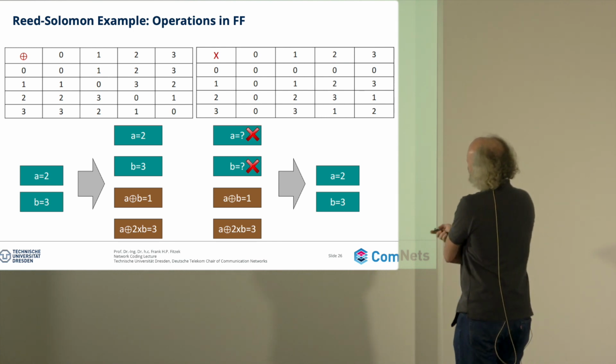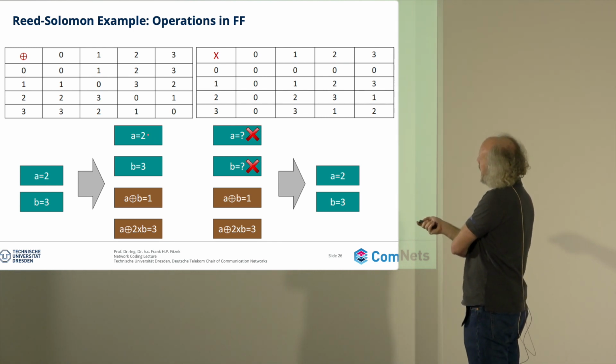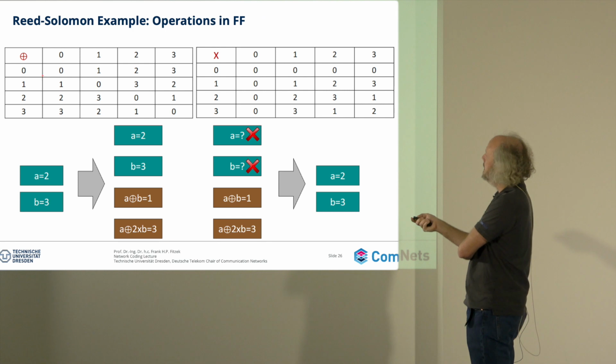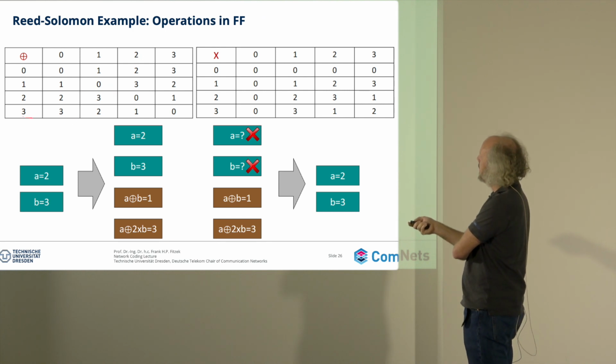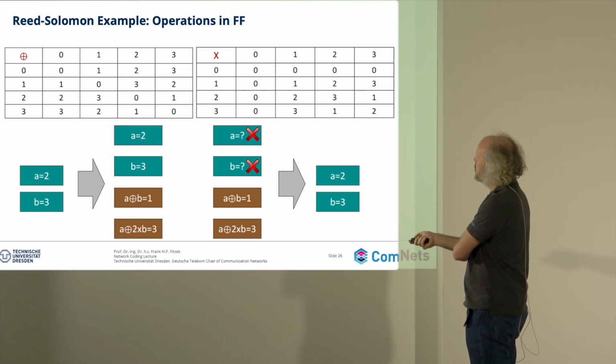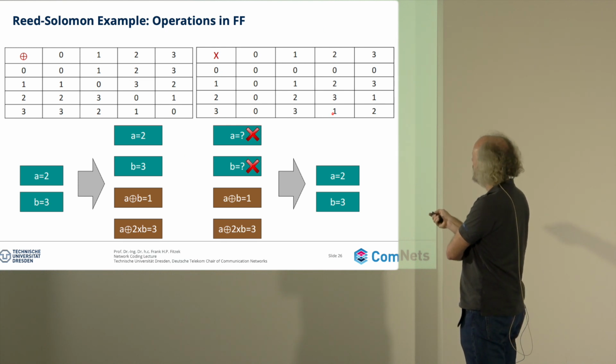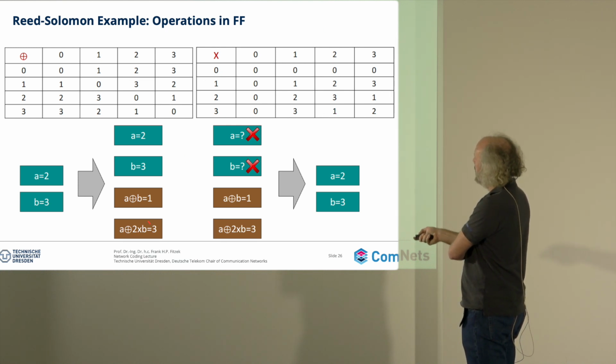Now, what you can do then is A is 2, B is 3, then A plus B is 1. You take your lookup table, very easy. It's 2 plus 3 gives you 1. This is the result. And then A plus 2 times B is 3. So 2 times B is 3. 2 times 3 is 1. 1 plus A is 2. 1 plus 2 is 3. Okay? Now, you could kick out